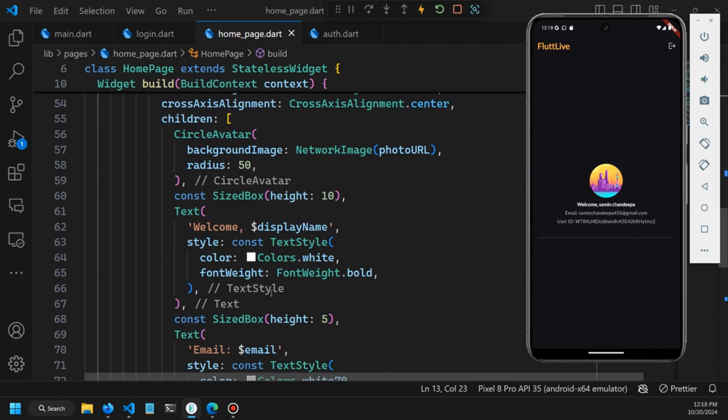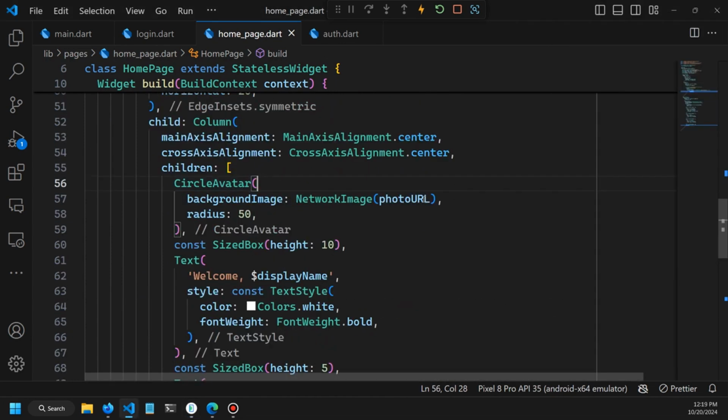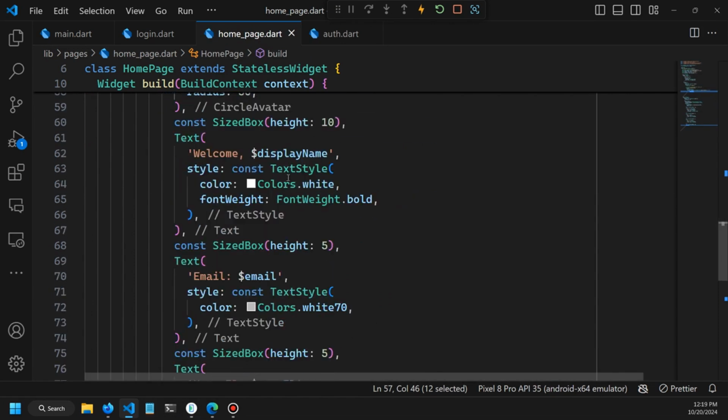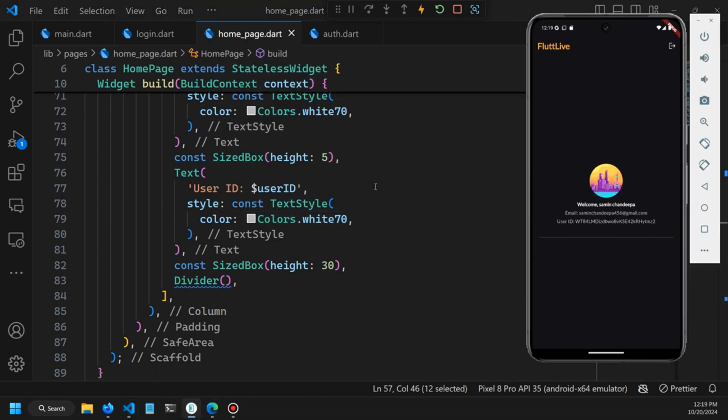So here I displayed the user profile inside the circle avatar. You can use the photo URL, as we are getting the URL of the logged-in user, and you can use the display name, email, and user ID to show the user details over here. These things are fairly simple,